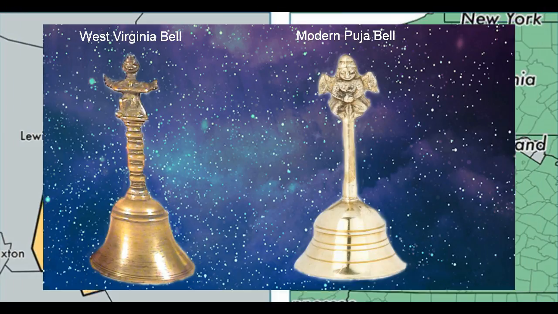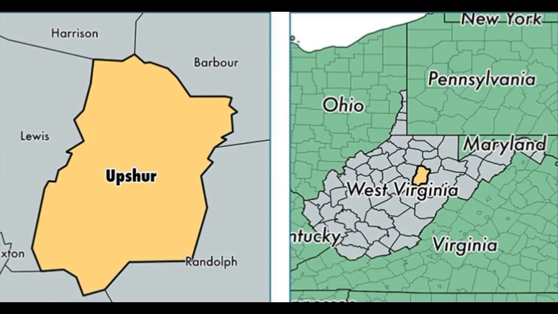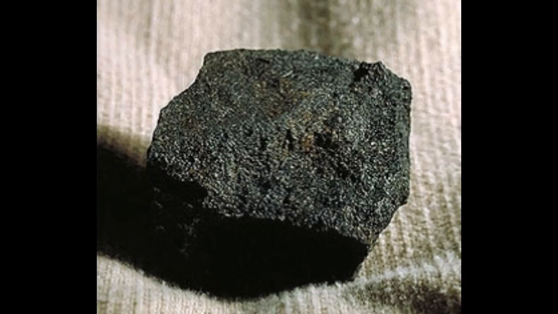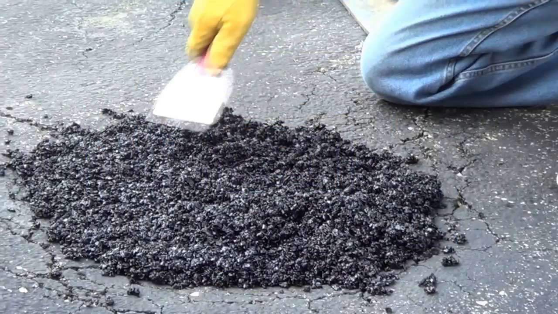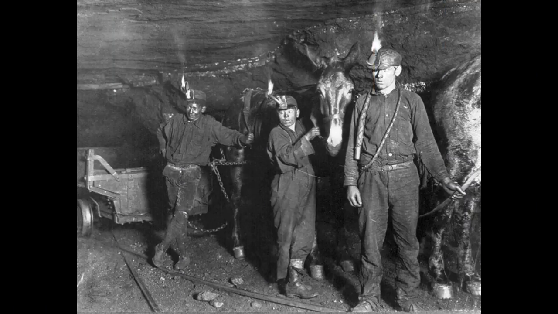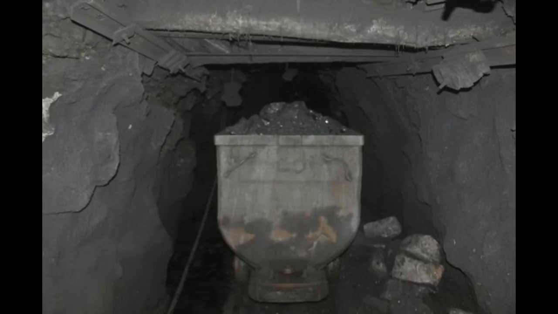As for how the bell made it to West Virginia in the 1940s, that is more of a mystery than how the bell became lodged in coal. The coal found in the area is mostly bituminous, which is a softer coal containing a substance that is asphalt. Yes, the stuff that most roads are paved in. As we all know, asphalt is soft and pliable, but how did the bell come to become locked inside? Many assume that for some reason, someone dropped the bell in a coal seam, which at the time was a slurry mixture, and years later it hardened up only to be put in with the other coal.